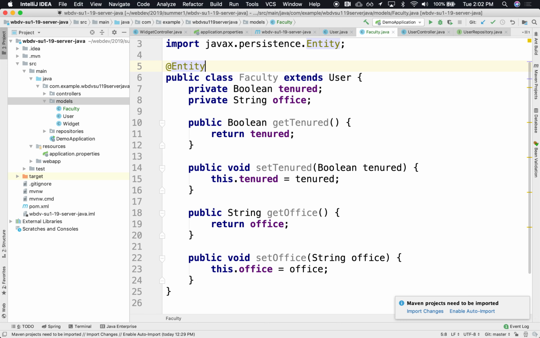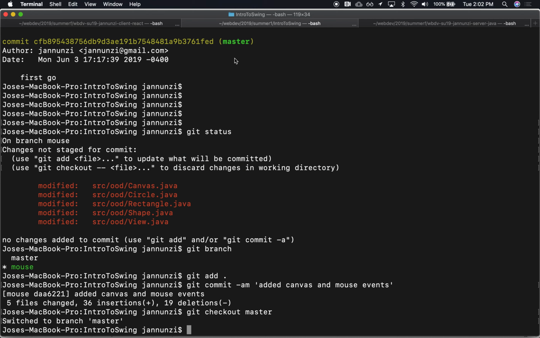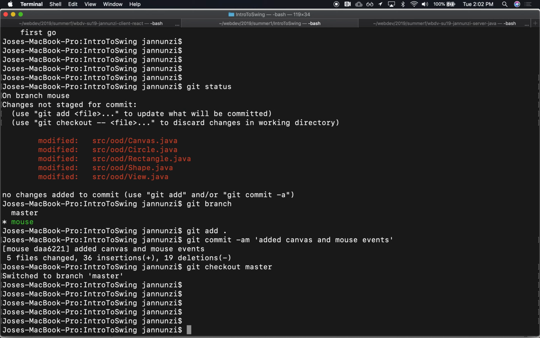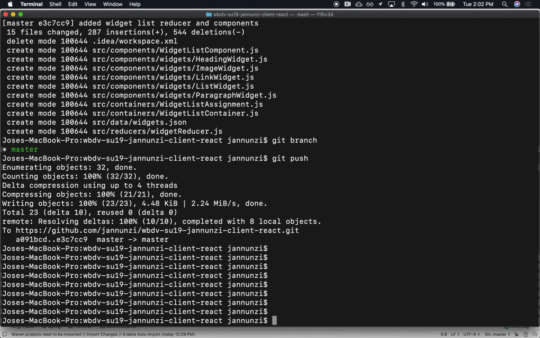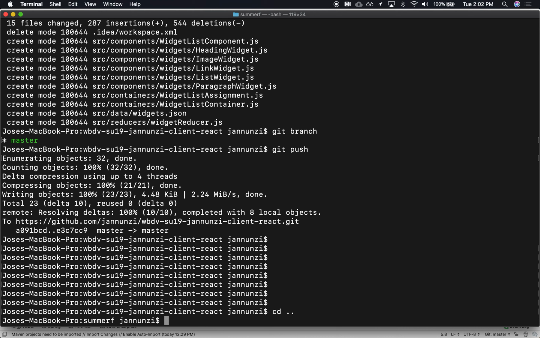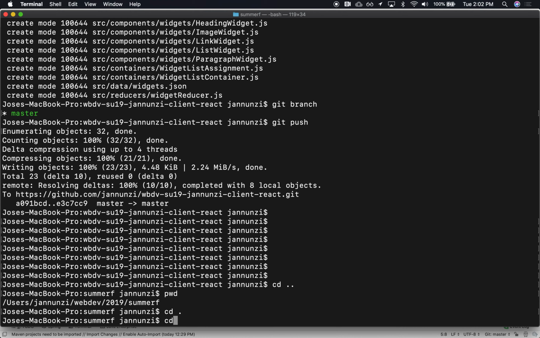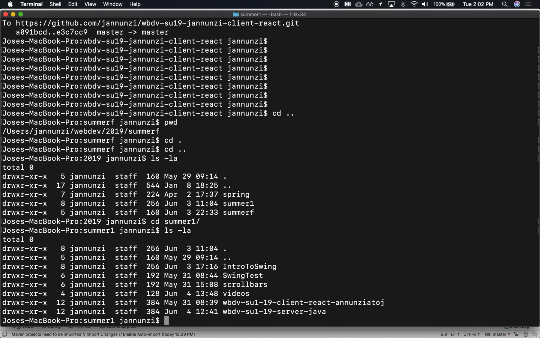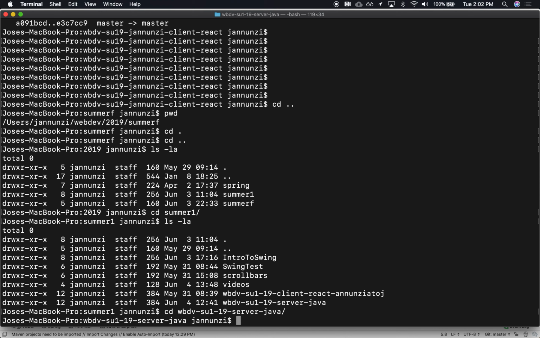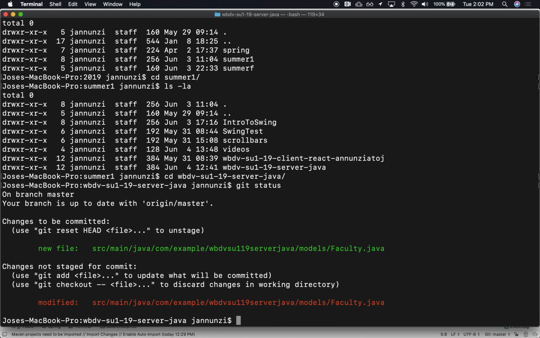Let's see, if we go back to where we were. Let's see, not here, not there, and let's go up again, and let's go down to summer 1, and let's go into webdev su1 server. We just created faculty, right? And we're going to